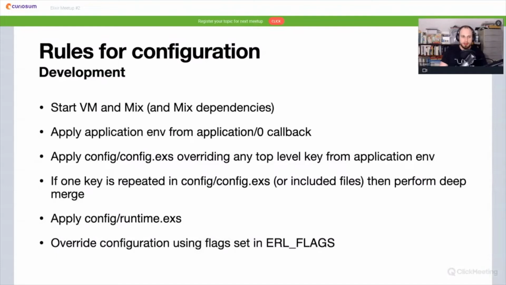They should be at the top, because these flags are set first. These flags will only change our configuration from the application environment, and I believe that config and config runtime would override them anyway. So as you can see, it is quite convoluted, and it becomes even weirder when we go to